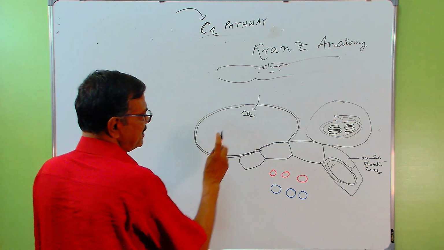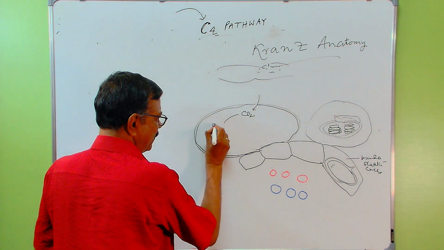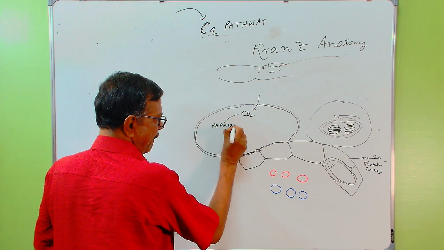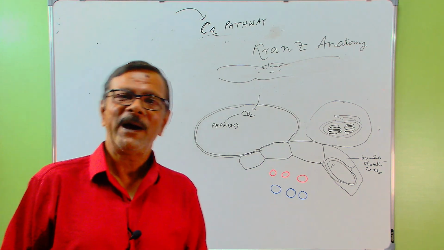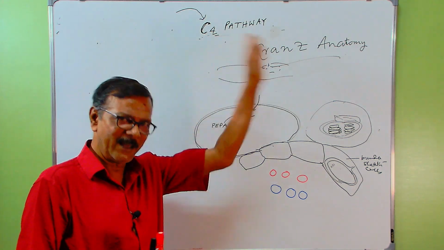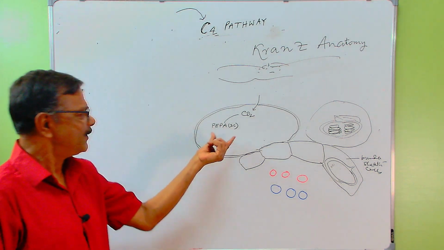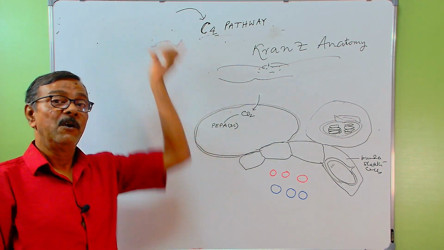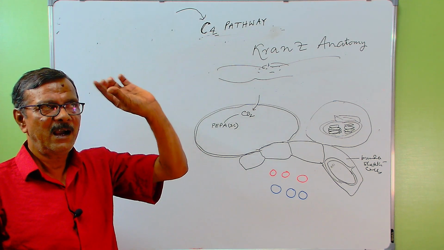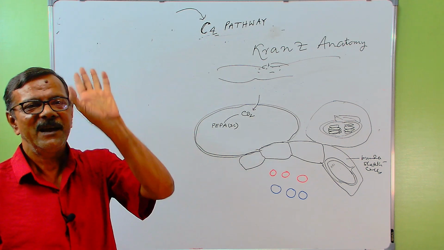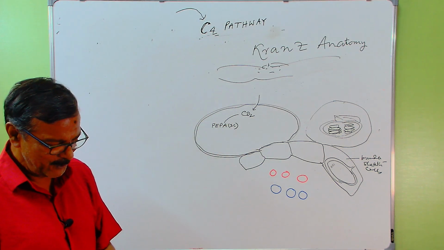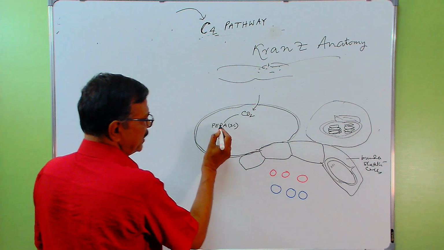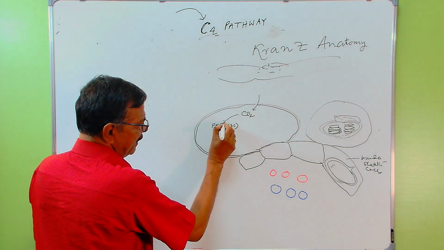And this is accepted by phosphoenol pyruvic acid, which we have gone through in glycolysis. It is a 3-carbon compound. So here the CO2 acceptor is PEPA, that is phosphoenol pyruvic acid, while there the CO2 acceptor was RuBP, ribulose bisphosphate, a 5-carbon compound. Here it is a 3-carbon compound. So they have reported that when CO2 enters through the stomata, it is accepted by PEPA,